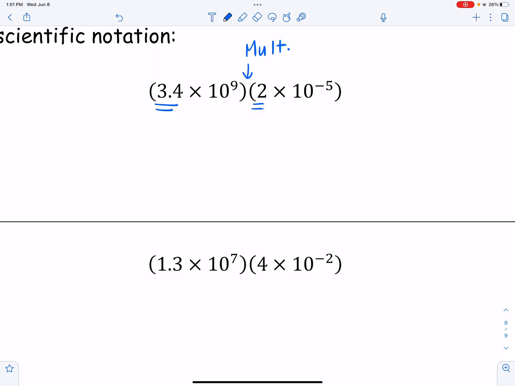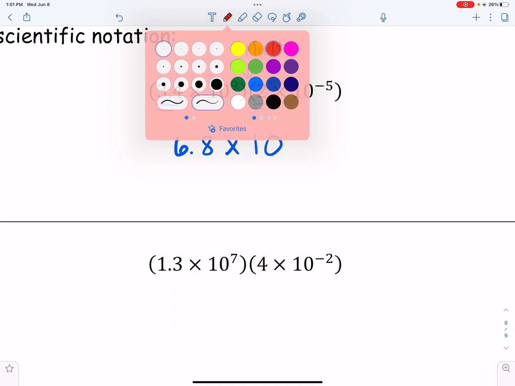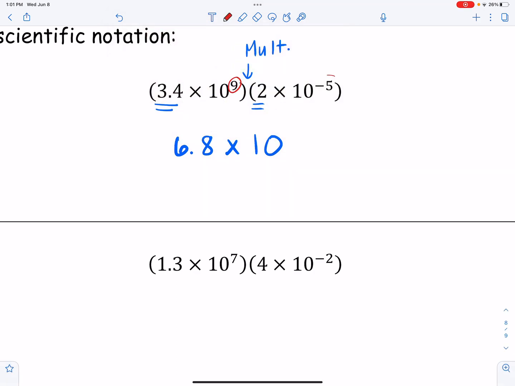That'd be 3.4 times 2, or 6.8. And then you can separately multiply the powers of 10. And you just remember there that your exponent rules tell you when you multiply with exponents, you add the exponents